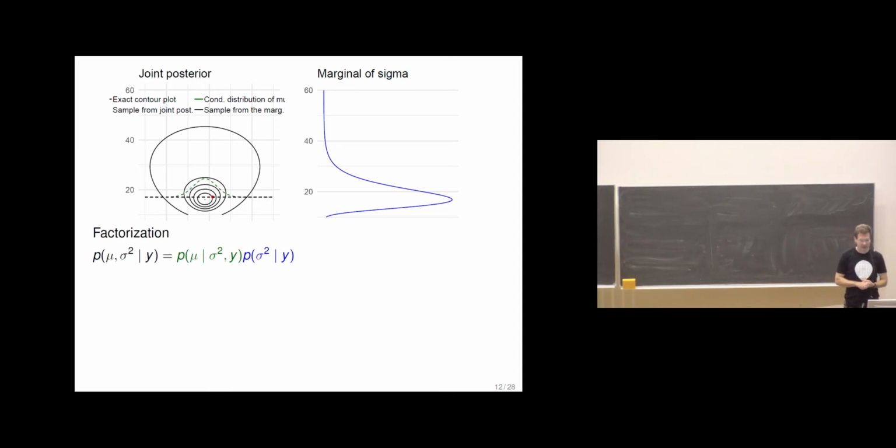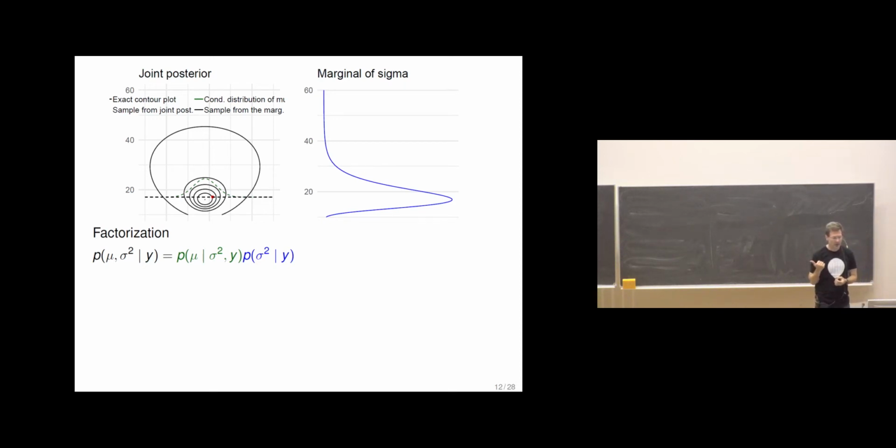And so you can see that the marginal for sigma, first of all, this sigma has to be positive. The width of the normal distribution has to be positive, and it is skewed towards the larger values. So it has a longer tail on the larger values. Again, because it's constrained to be positive, it has to have a tail that ends before 0.